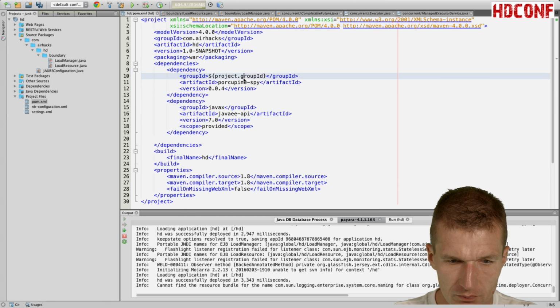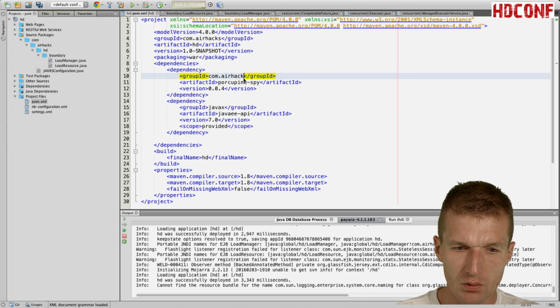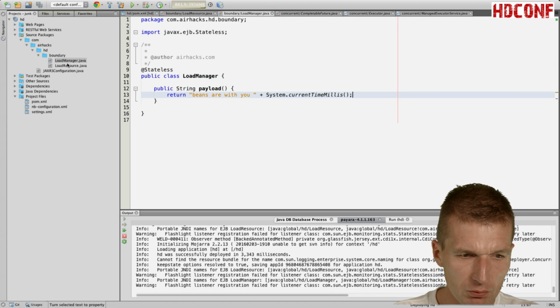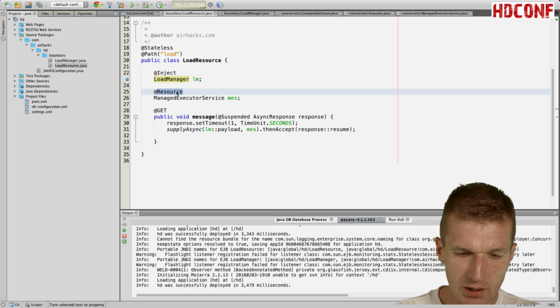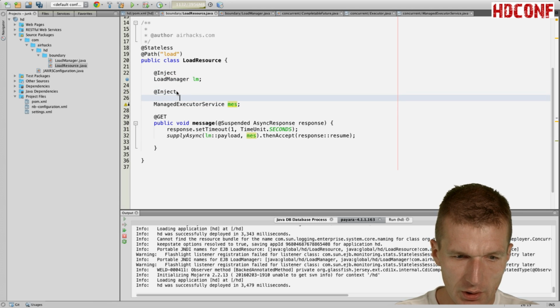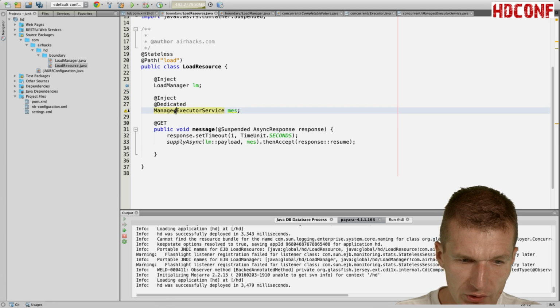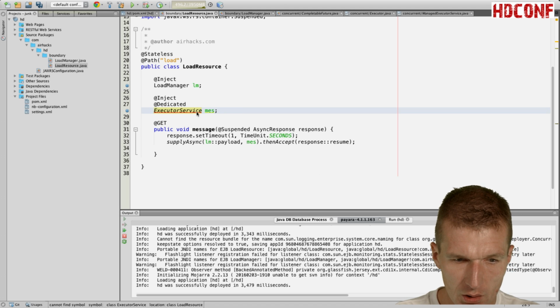So we just add it. So go to GitHub and search for Porcupine, and then what I can do, I can say add inject, add dedicated. Dedicated means this is a qualifier, and now I can just go with the straight executor service,